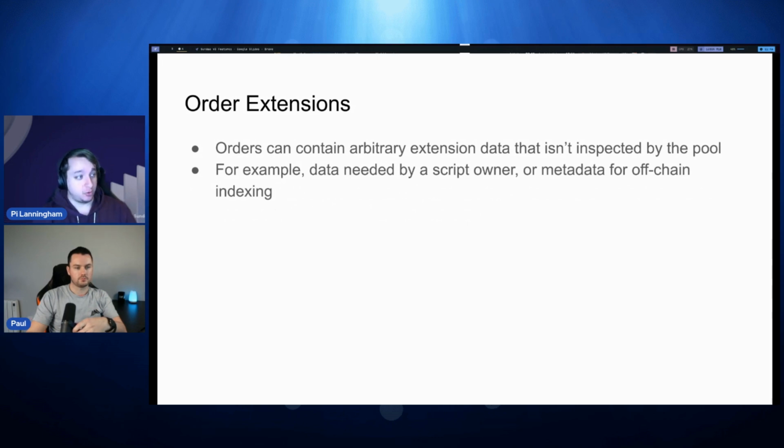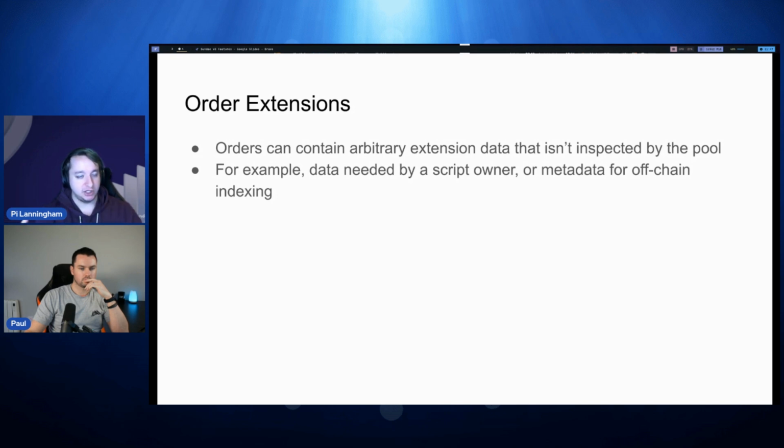Next up is this notion of order extensions. There's a field on each order where you can arbitrarily extend it with extra data. For example, I was talking about a script owner. Maybe you want a script that says this order can only be canceled if it's sent back to this address, and you put the address you want it sent back to in this extension data.